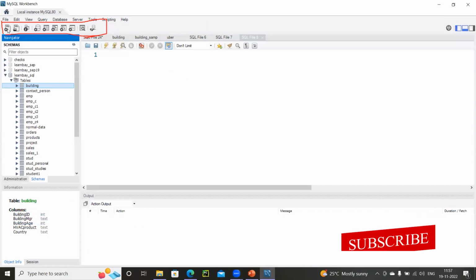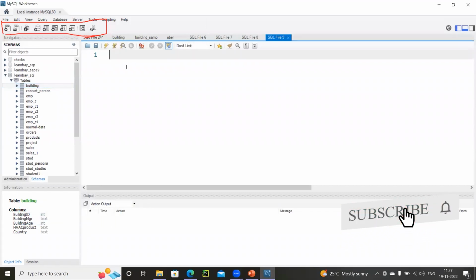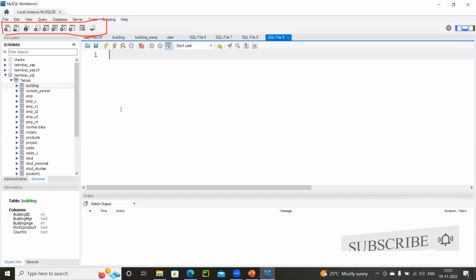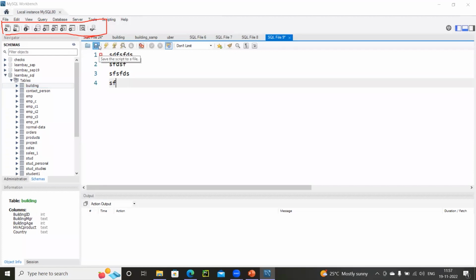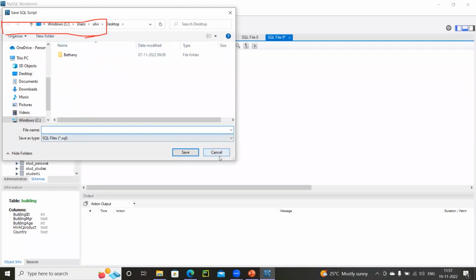So the moment I click on the very first one, I will be getting a new working pane. Okay, and I can write all my statements inside, and if I want I can save it also. Can you see this floppy symbol, the disk symbol? Click on it. It will ask you to save it as well. You can save it.